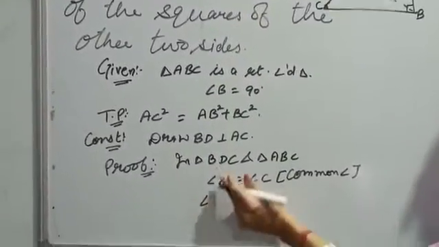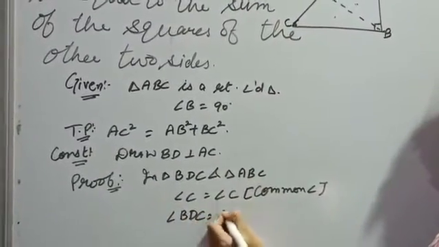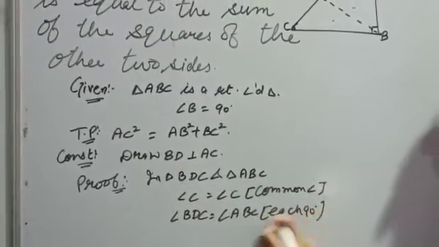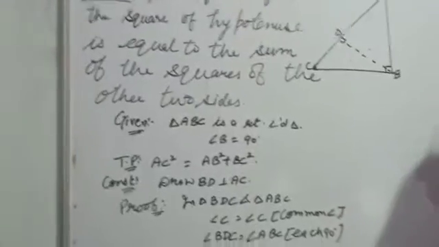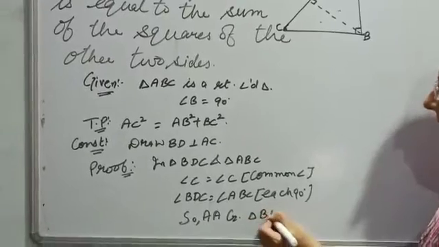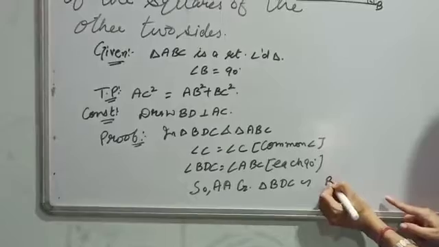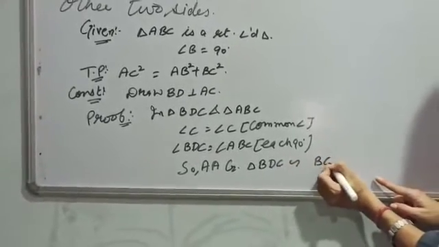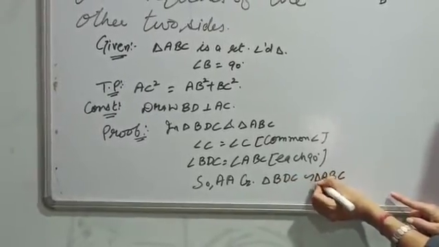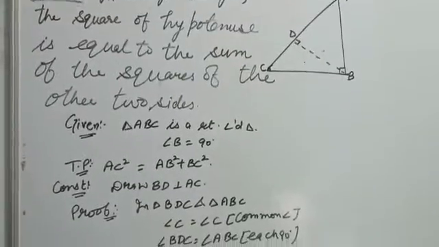Then angle BDC is equal to angle ABC, each is 90 degrees. So by the angle criteria, triangle BDC is similar to triangle, where point D corresponds to point B as 90 degrees, angle C corresponds to angle C as it is, and in the place of B we write A. So these two triangles correspond to each other, meaning they are similar to each other.